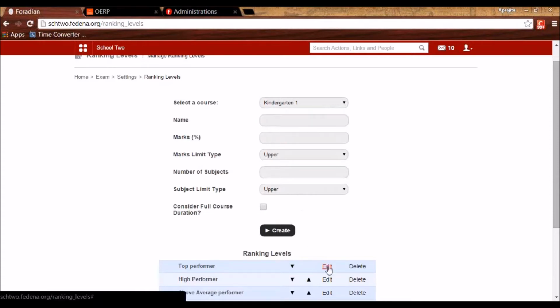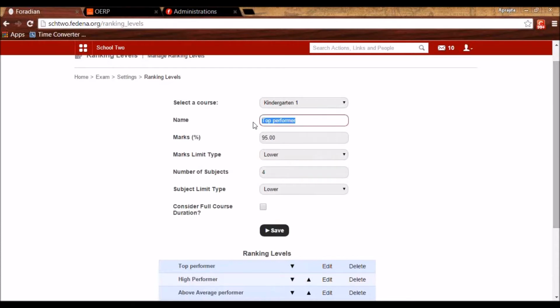And who do you want to call a top performer in this course? Let's say the students who get a minimum of 95% in each of at least 4 subjects will be categorized as top performers. So what we are doing here is creating some criteria, and later on we will be able to get reports based on these criteria.